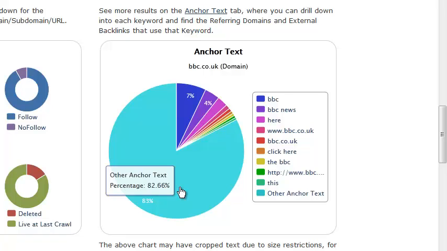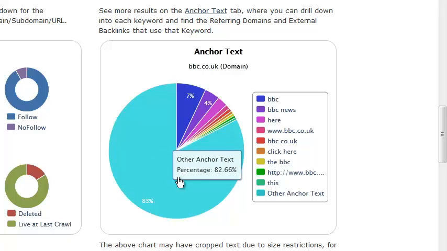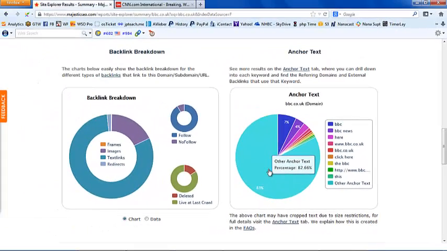Now, important thing to note is BBC is a naturally popular site. It's a site whose anchor text and backlinks have grown naturally. So if we want to look natural to Google, we have to do the same thing. So if I'm promoting a site for Labrador training, I can't use Labrador training too much in my anchor text, because I want it to look like this, with maybe only a couple of percent of my anchor text saying Labrador training, and the rest saying various other things.